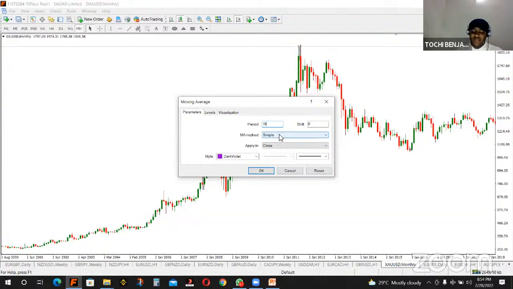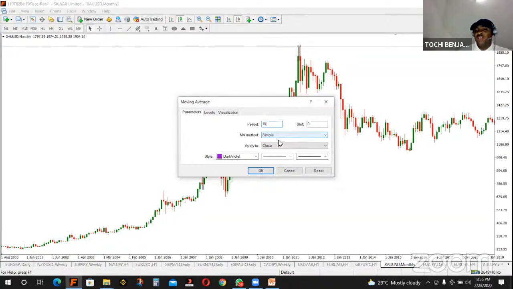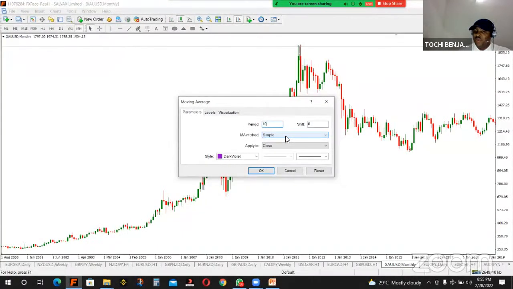A higher period simple moving average serves as a direction. Remember, when we were doing support and resistance, I told you a trader must have 2 time frames, one for direction and one for trade, when you enter your buy or sell. The same applies to moving average. You should at least have 2 moving averages on your chart. Some people have 3, not a problem, but at least 2 period moving averages. We'll come to why you should have 2.